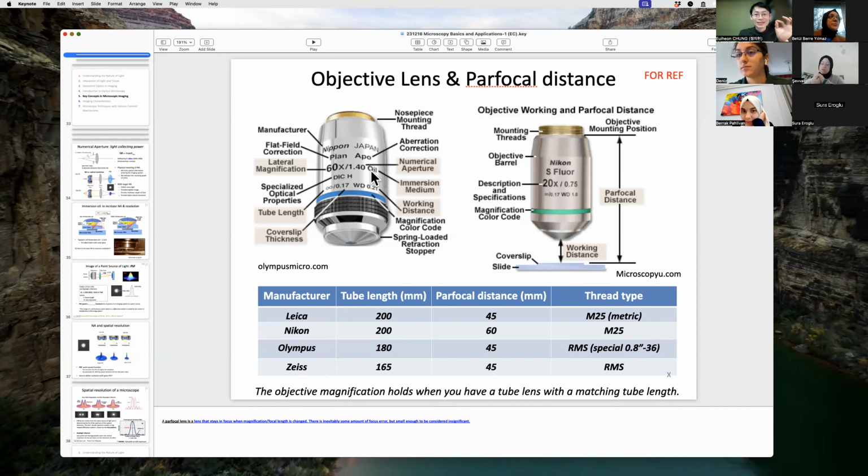It's a little difficult to use at the beginning, but it's better to use this one. For comparison, another objective has 20x magnification. For histology, many people use it for looking at the cellular scale, but you see the numerical aperture is 0.75, so it's a little bit lower. Actually, this number, the numerical aperture,